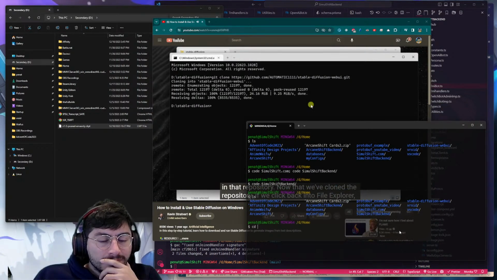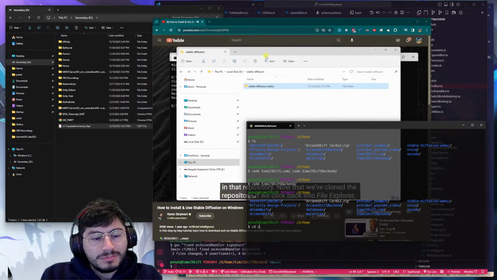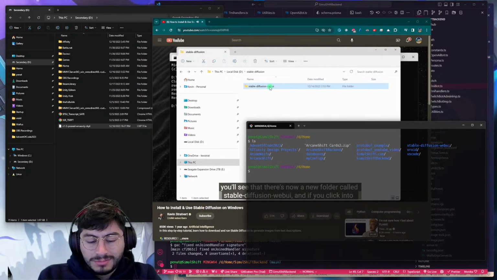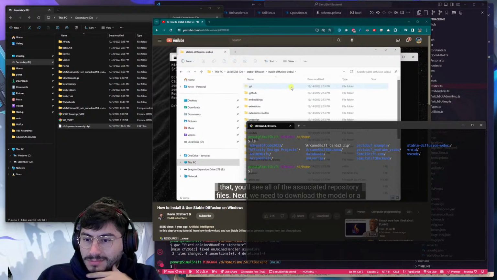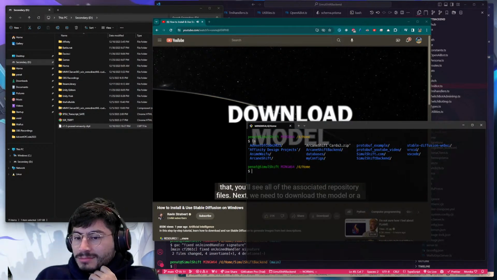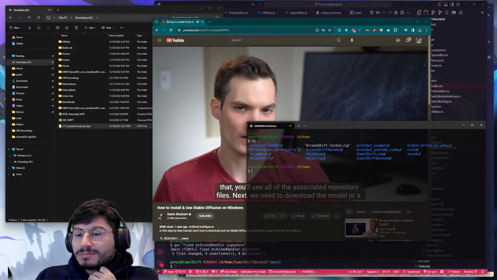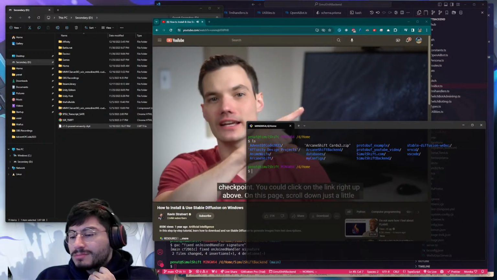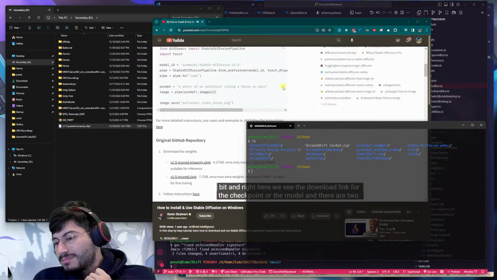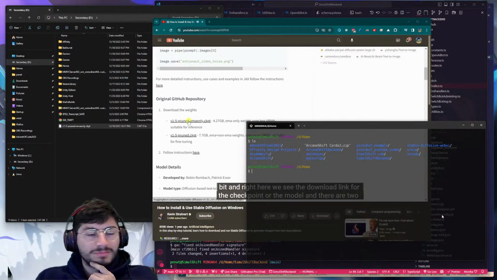Now that we've cloned the repository, if we click back into File Explorer, you'll see that there's now a new folder called Stable Diffusion Web UI. And if you click into that, you'll see all of the associated repository files. Next, we need to download the model or a checkpoint. You could click on the link right up above. On this page, scroll down just a little bit, and right here we see the download link for the checkpoint